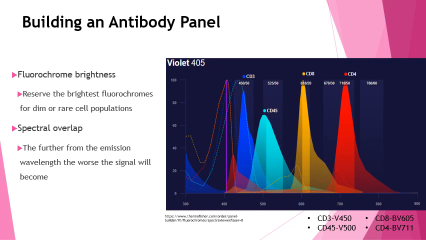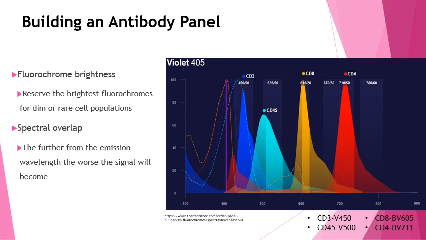And then another thing you want to keep in mind is your spectral overlap. You want to make sure that they don't overlap in the channels too much, and you can see that in the front part area where there's a lot of red and blue. You want to stay out of there, and you want to make sure that they separate pretty well. That way the cytometer can read it